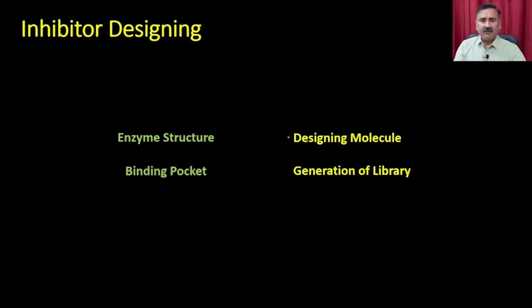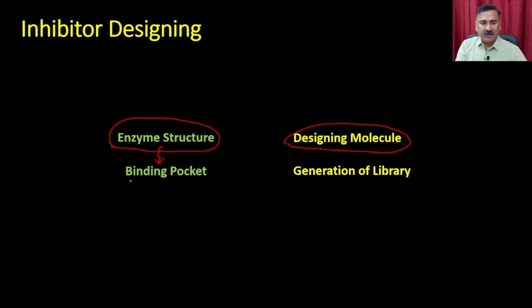Okay, so this is all about the two models that are being proposed to explain the enzyme's interaction with the substrate. Now when we want to use this, you are going to have two counterparts. One is the enzyme substrate, the other one is called the designing molecule. So when you talk about the enzyme substrate, you are going to talk about the binding pocket. And as I said in the previous lecture, also in the previous slides, the binding pocket could be